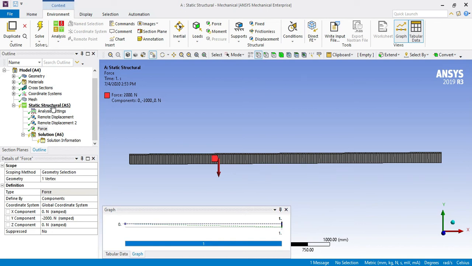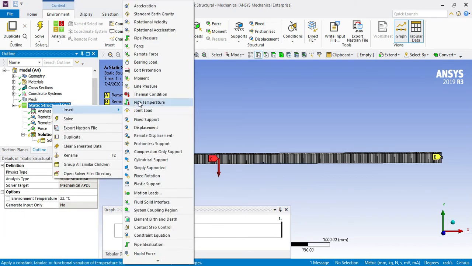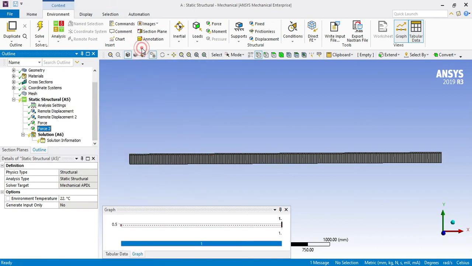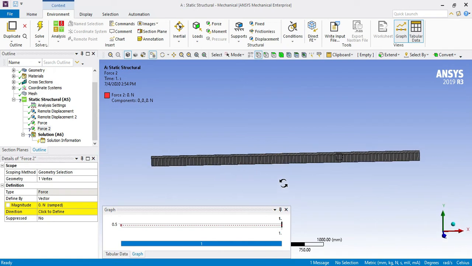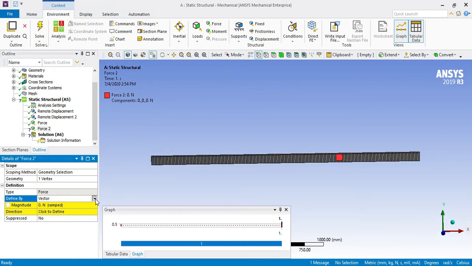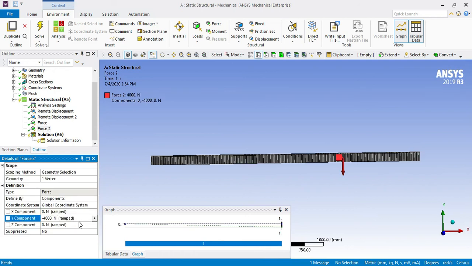After that again select on static structural, insert, force. Now what you need to do is apply it and define by a component and 4000 Newton.